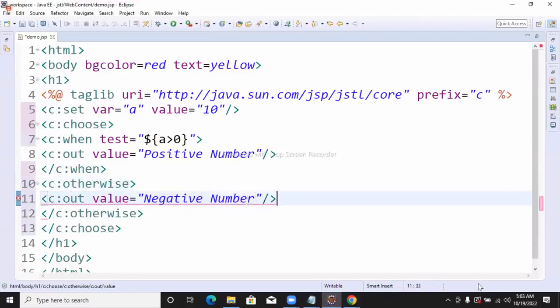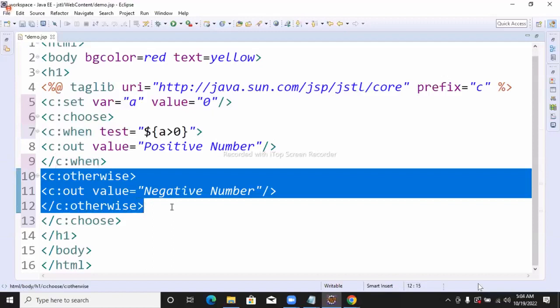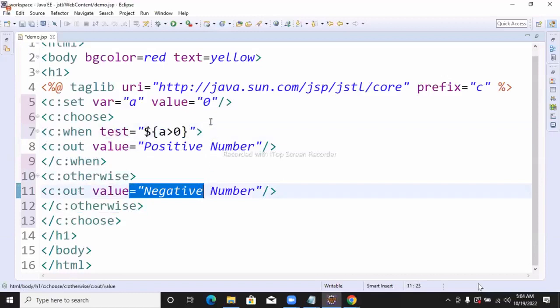Now, if I write like this, what output comes? Positive number. If I write minus 10, or if I write 0, negative number or 0, no output. 0 greater than 0 is false, then otherwise is executed. Condition is true, this; condition is false, this. 0 is not a negative number, I accept, but according to this program,